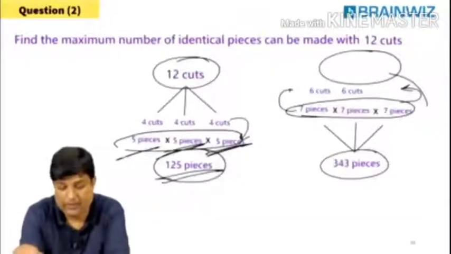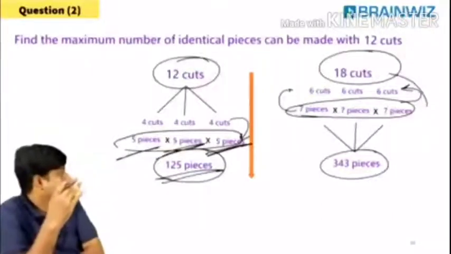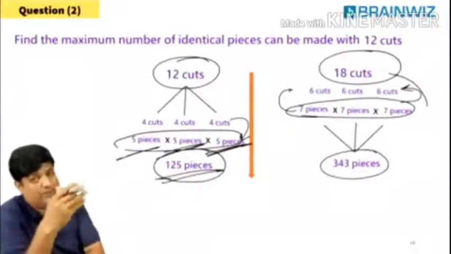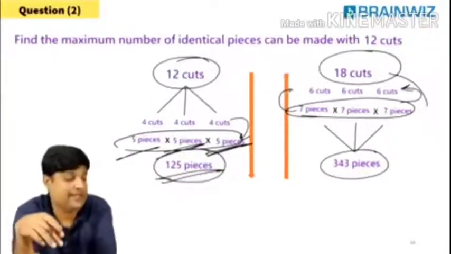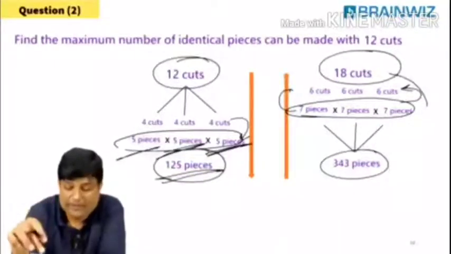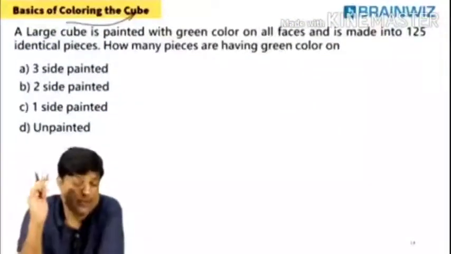What are we doing now? This is the one you can understand: from cutting to minimum pieces. When I give you cuts, you can tell me pieces. If I give you pieces, you can tell me cuts. This also you have got. Are you understanding, everybody? So everything we have done. Now what are we doing, students? We are going into the next concept.